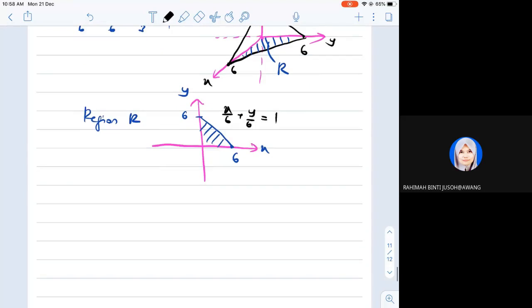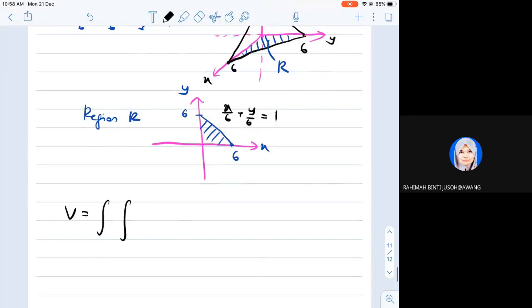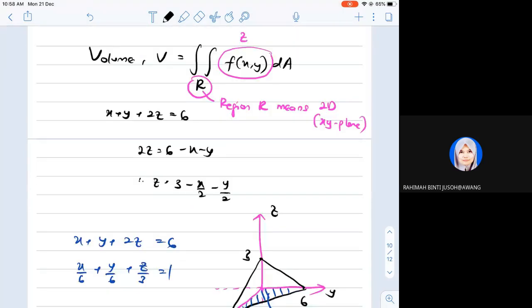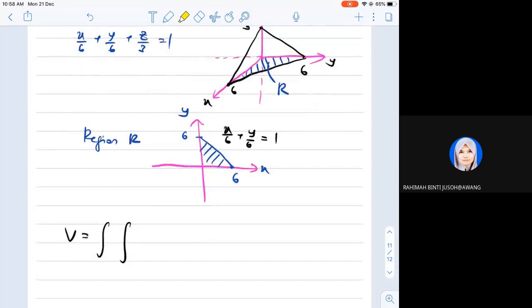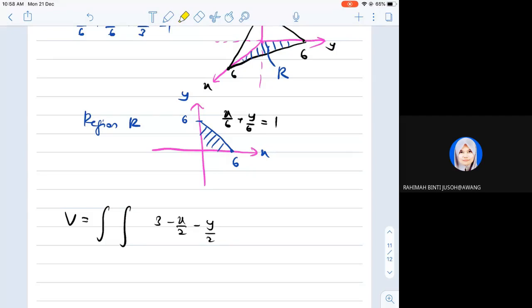Now let us proceed with the volume equals double integration. f(x,y) equals z, so this is your z. z equals 3 minus x over 2 minus y over 2. Now do you want dy dx or dx dy? This is your region R. Which one? dy dx, okay. Either one is fine, it doesn't matter. If you want dy dx,